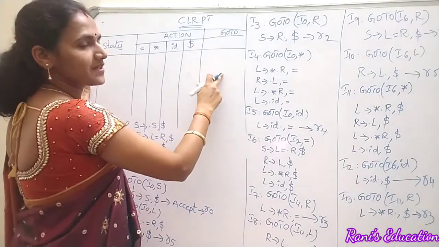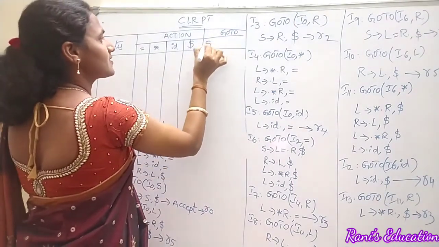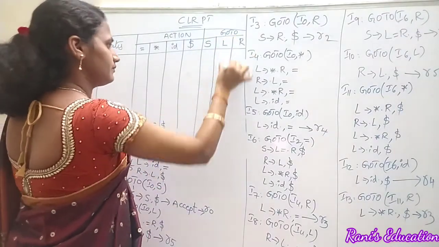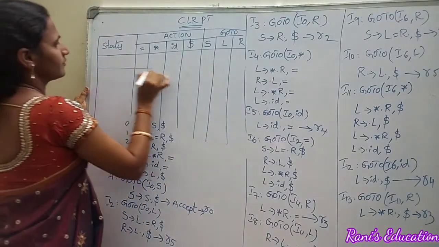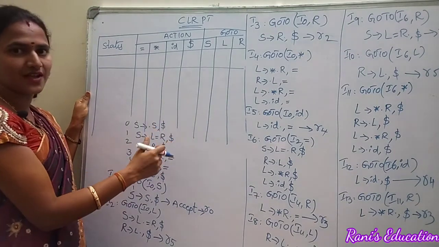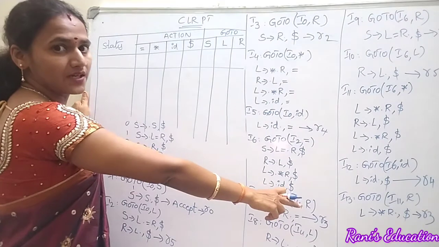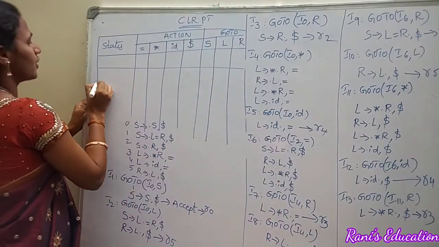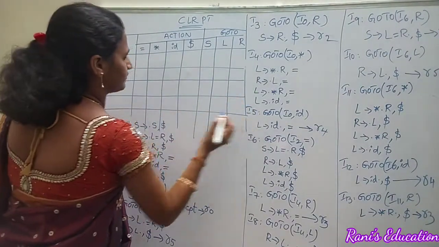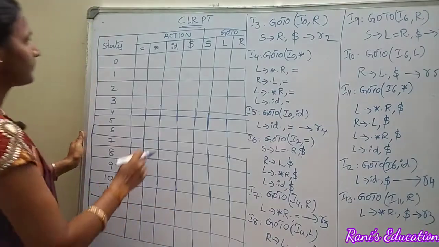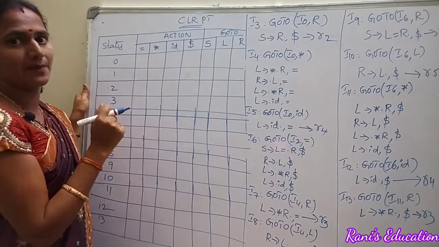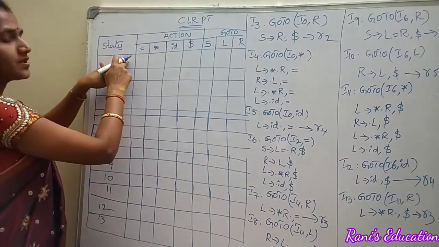What about the non-terminals in the given actual grammar? Yes, L and R. How many items have we considered for the completion of all the productions in the actual grammar? I13, so 0 to 13 items. So you are going to write these states as 0 to 13. Now, as we all know how to construct the LR parsing table, which we have seen in the SLR parsing table, move on to the 0th item.